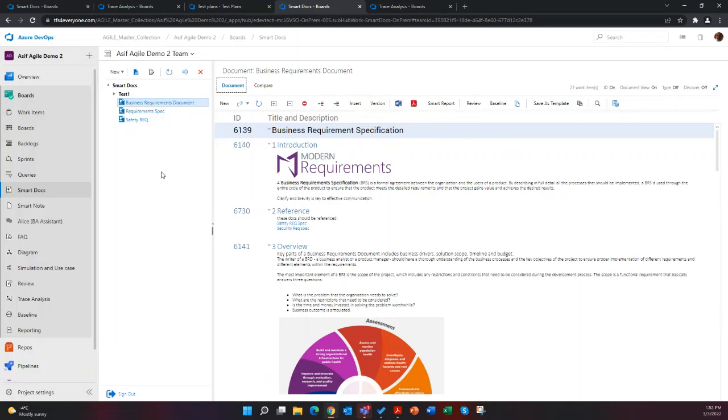So that is one way. A second way is we do support the ReqIF standard in Modern Requirements, which was developed by IBM, so it's supported in DOORS. You can export from DOORS and import using ReqIF. The third way, and certainly a low fidelity way, is to use Excel.